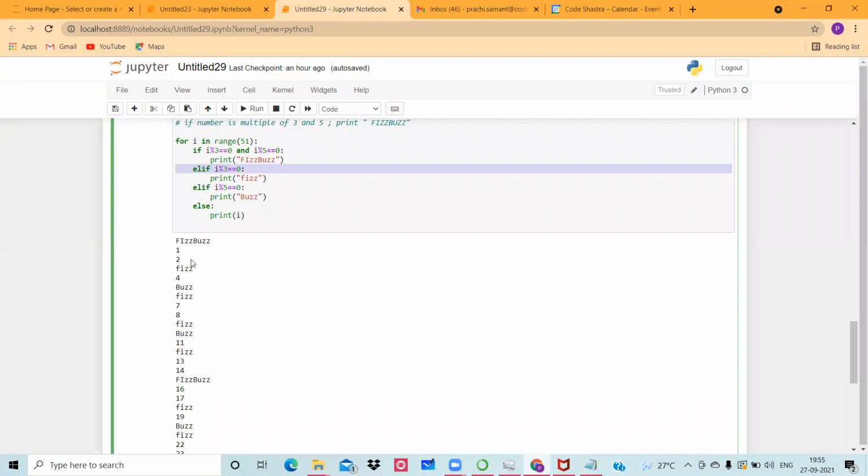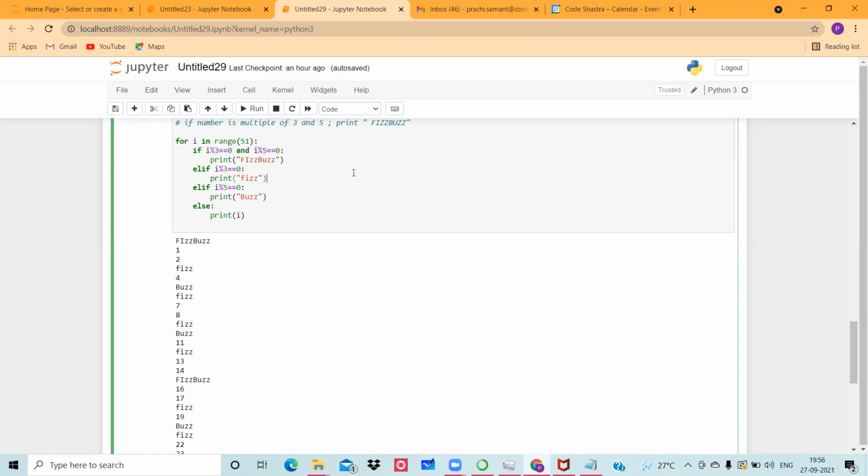So you have to write this first condition first. If you write 5 first and 3 later, it won't impact the answer, but this condition will definitely impact the answer. I hope this is clear.